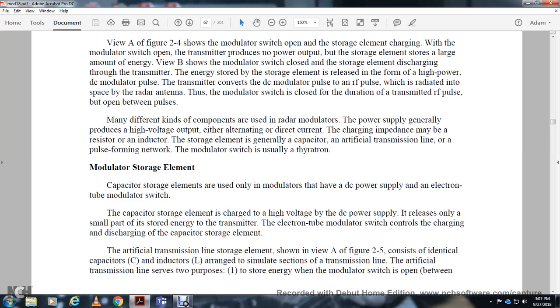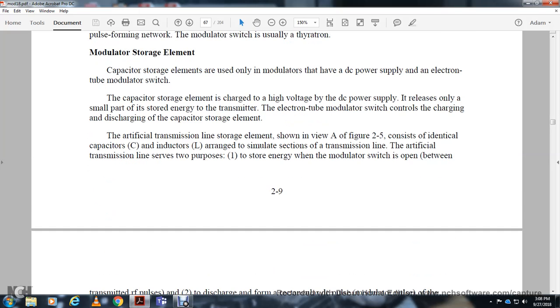The modulator switch controls the charging and discharge of the capacitor storage element. An artificial transmission line storage element is shown in view A, with figure 2.5 showing identical capacitors and inductors arranged to simulate a section of the transmission line. The artificial transmission line serves two purposes: the storage of energy while the modulator switch is open between transmitter radio